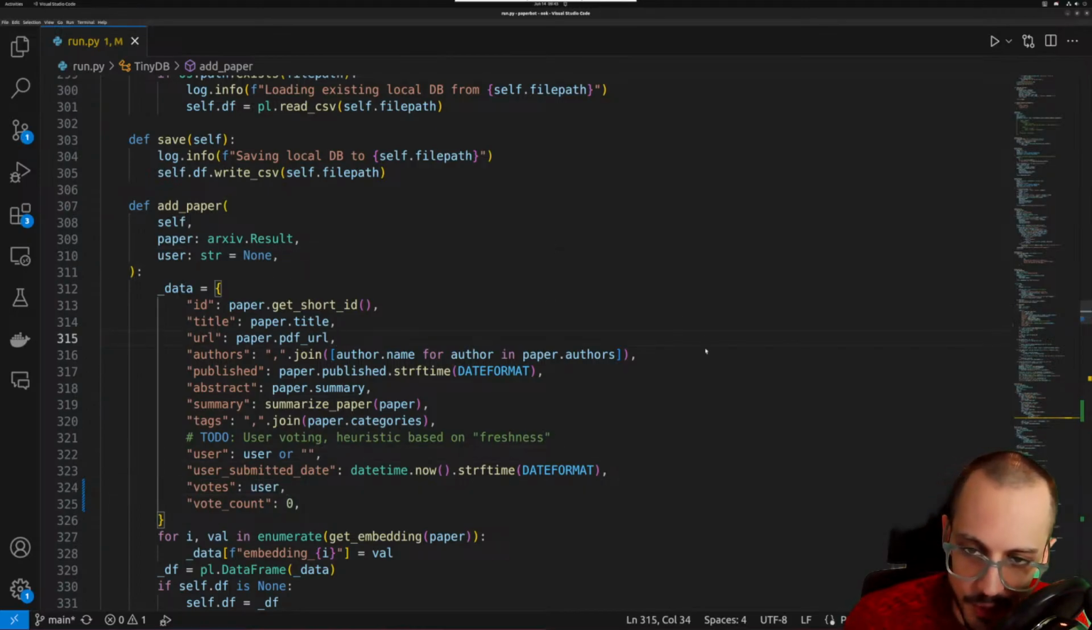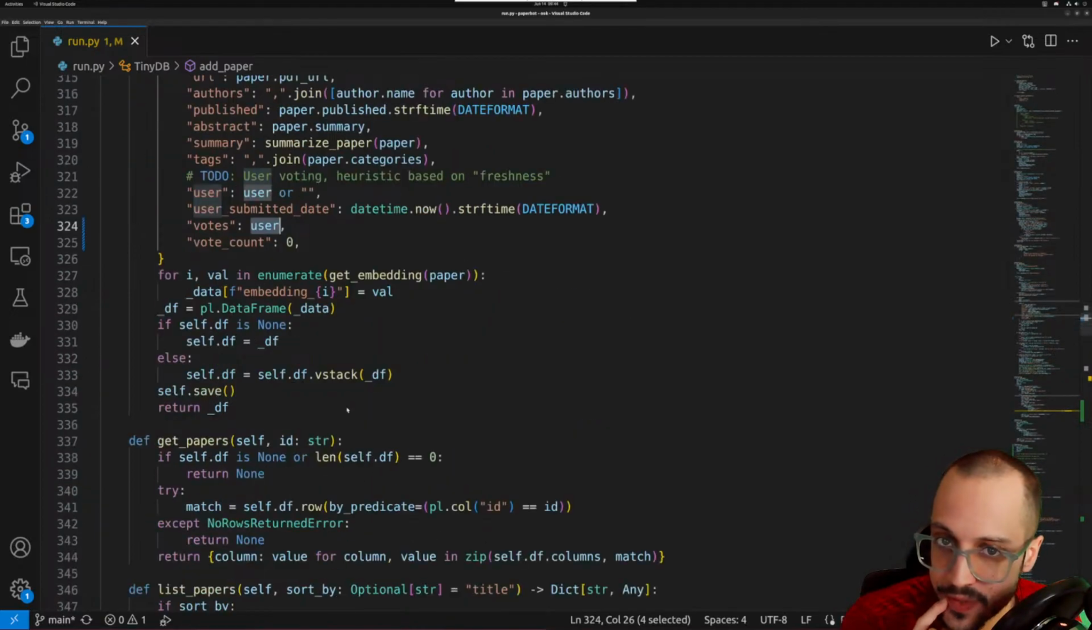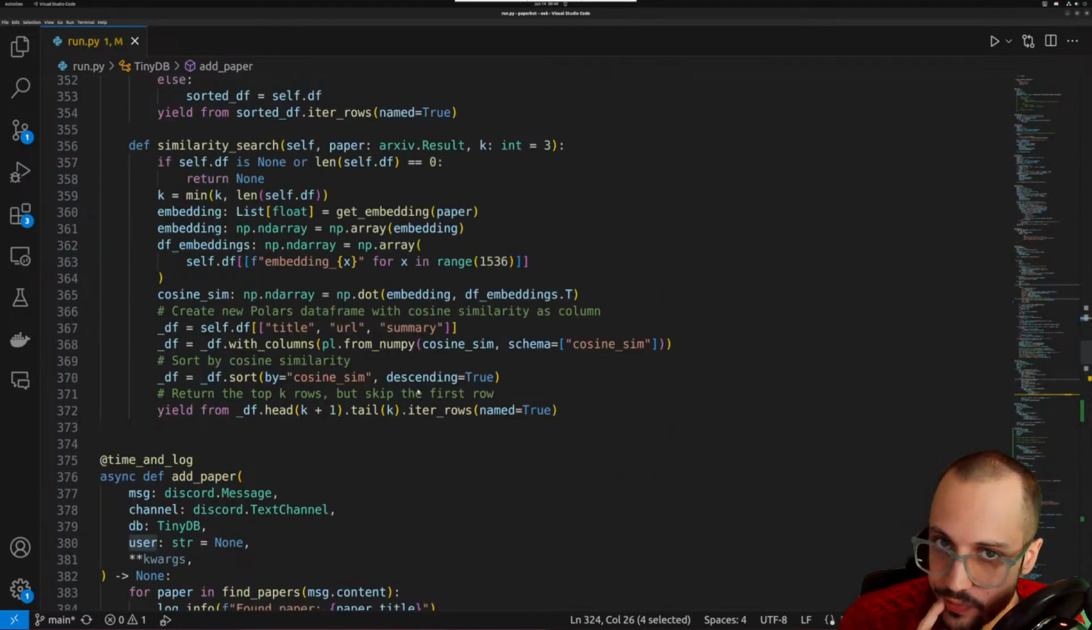So basically whenever someone says, hey, I want to vote for this paper, it'll go and increment this vote count, but then it'll also add the user to this list, and it'll actually check this list to see if the user isn't there, right? So